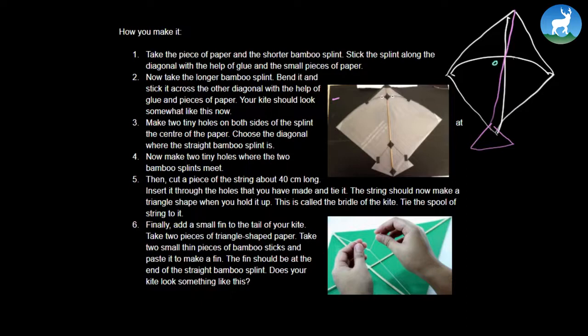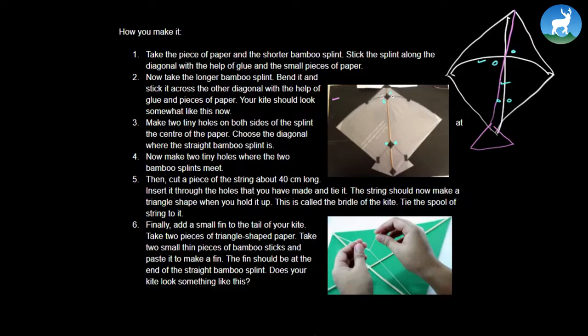So you make a hole where the 2 splinters are meeting, right? And one somewhere around here. Assuming that this is the splint. See? Here you go. Now make tiny holes where the 2 bamboo splints meet. Here you go. Then cut a piece of the string about 40 centimeters long, insert it through the holes that